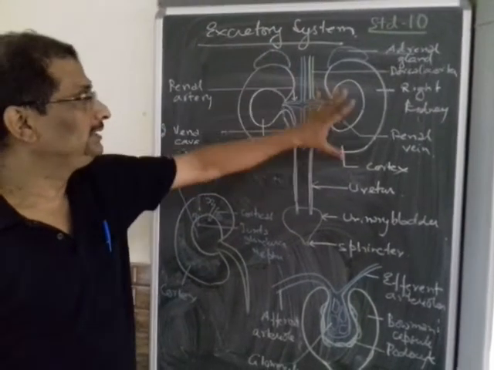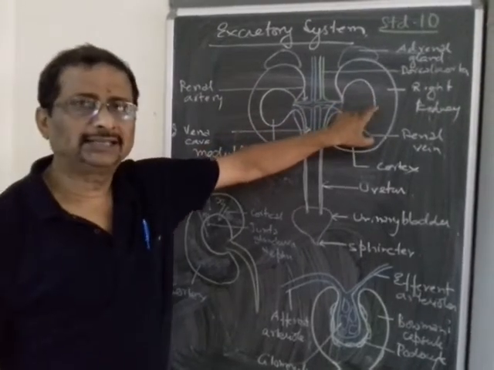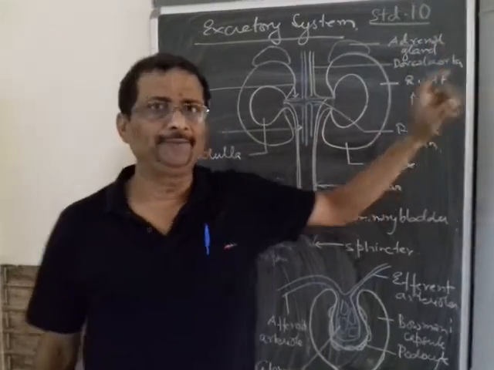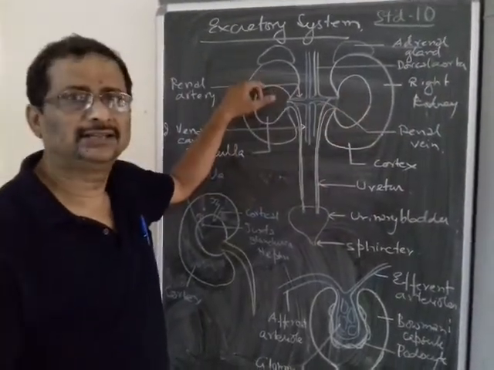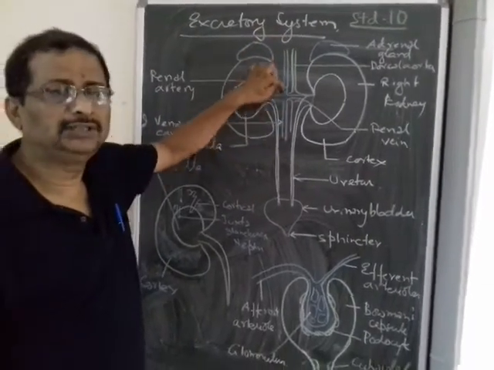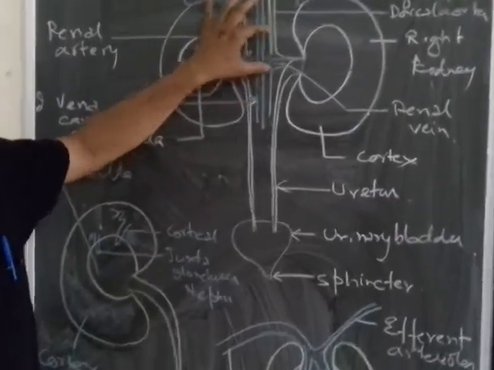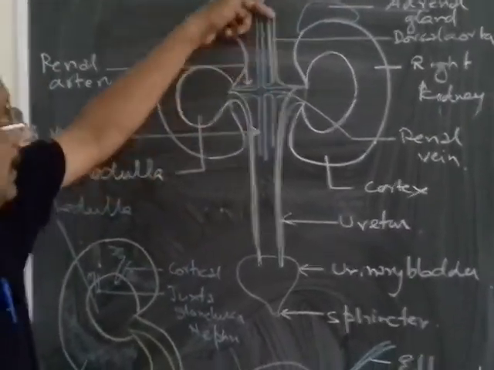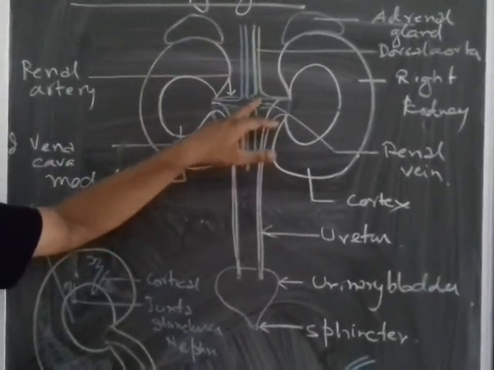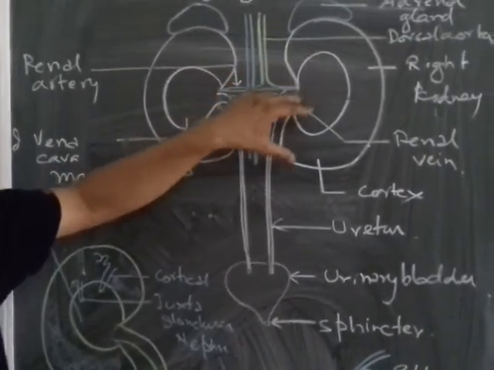Now, you can see here there is a diagram showing both the kidneys. When you are viewing the kidney, you are viewing as if you are viewing your own kidney. So, this is your left side. This is the left kidney, this is the right kidney. And you can see here the blue color vessel is actually the venous vessel, which is the inferior vena cava, which takes the blood from the kidney. And the other one is the dorsal aorta, which brings the toxic blood into the kidney for filtration.